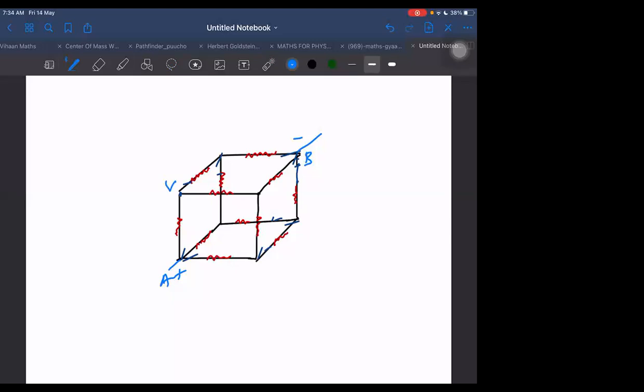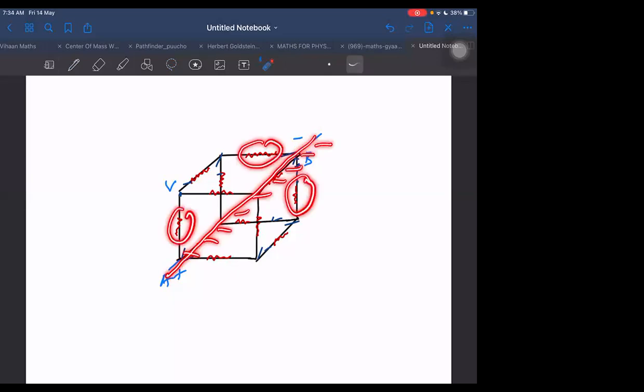Let us take the mirror. Can we place mirror or not? I can place a mirror this way. Can I or not? If I place a mirror here, then this will have image here. This will have image here. And this will have image here. And this will have image here. I think it is right only. I can place a mirror like this.